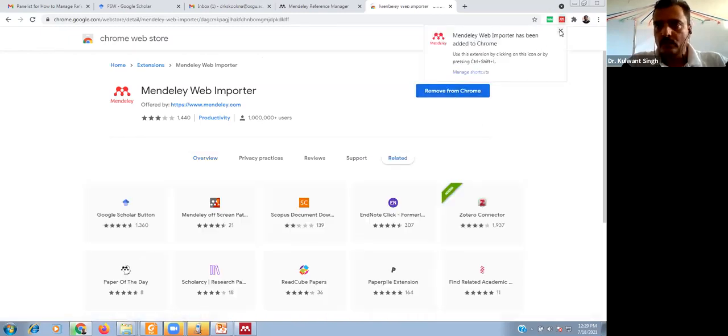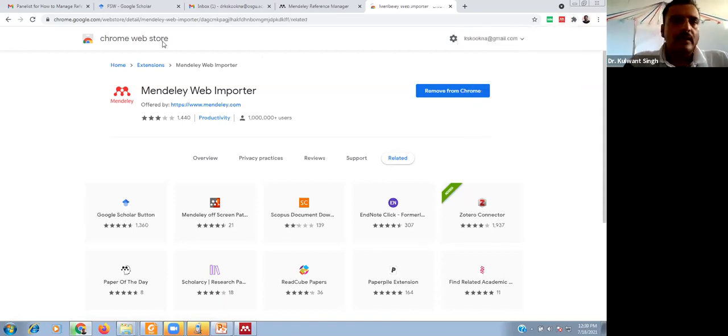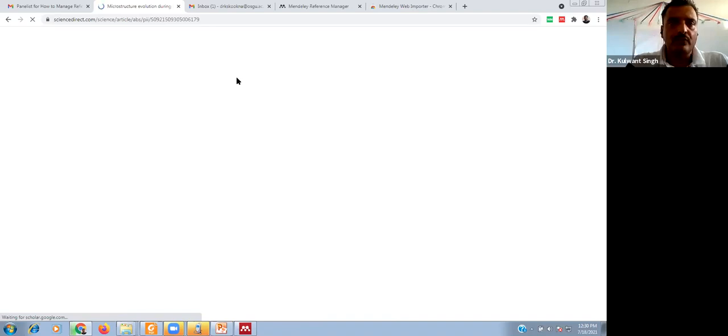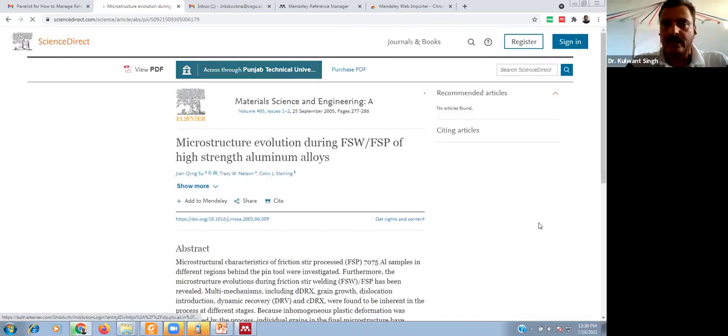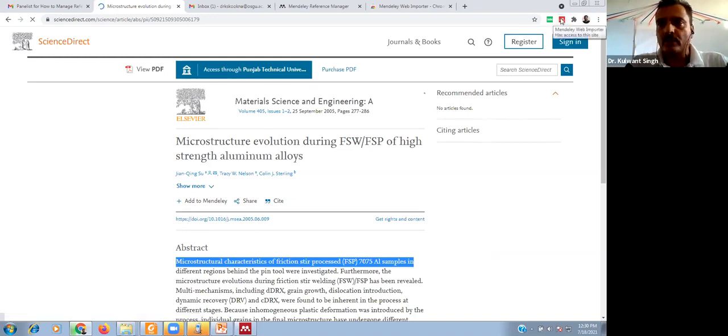Yes, the extension is added here. Now suppose we are searching for a document here, and after reviewing, if you feel that the particular document is important for our citation or reference purpose, then you can directly use this option, the web importer. Just click here.